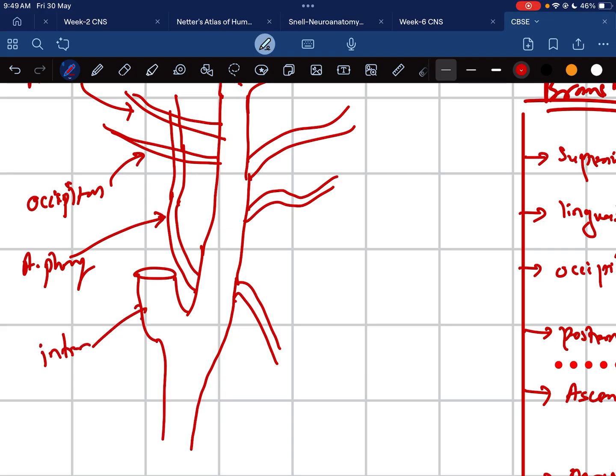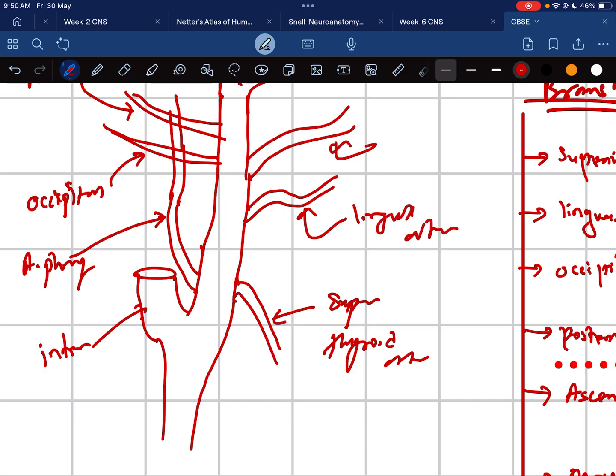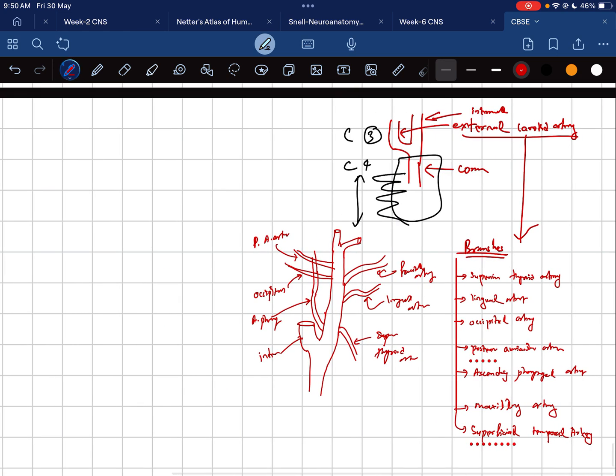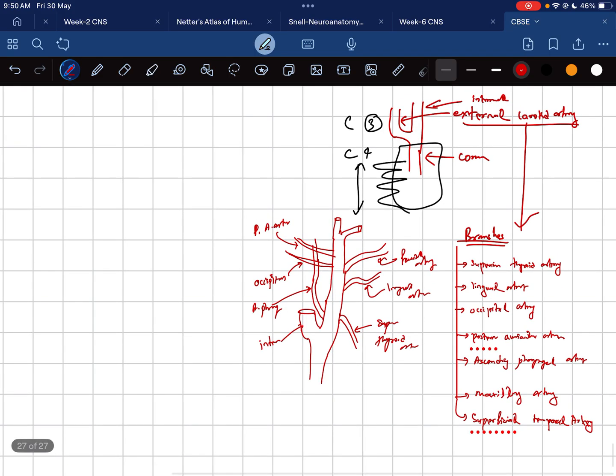This is the superior thyroid artery, then the lingual artery, and this is known as the facial artery. These are the images. After that, in another video, we will discuss the other portion of the